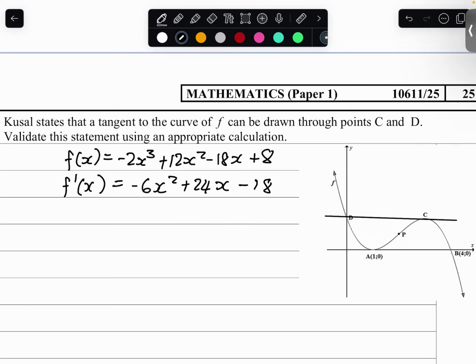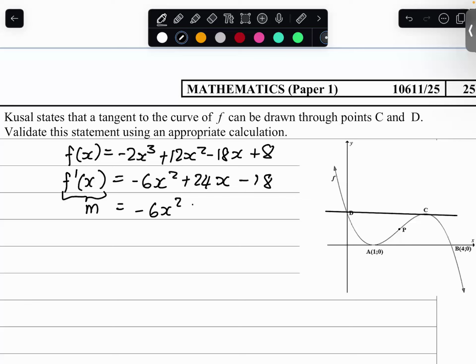Now, at this point, the gradient is f prime x, because I told you f prime x is always the gradient. So the gradient is this, right? To any tangent on the curve. That's the equation for the gradient of any tangent to the curve. So now, if they're saying that the tangent must be through C, now because C and D,